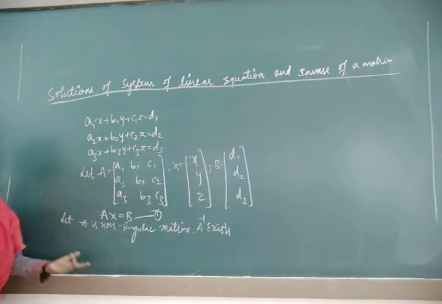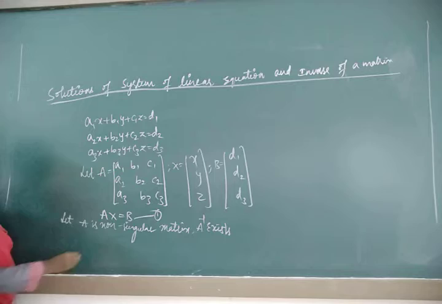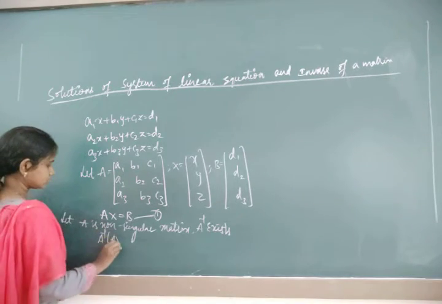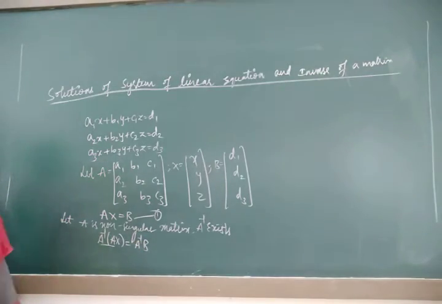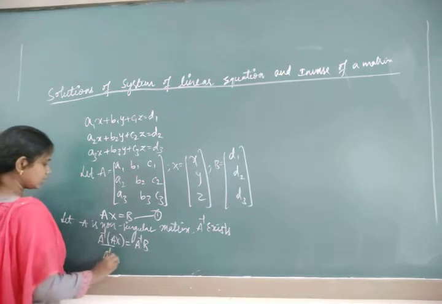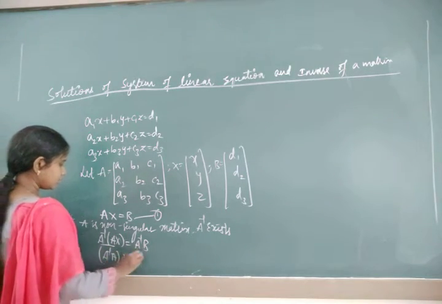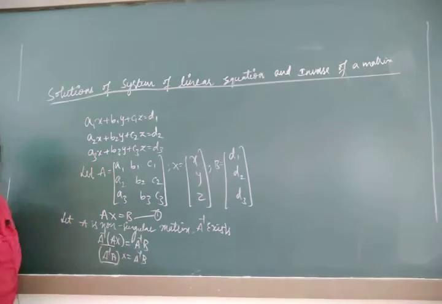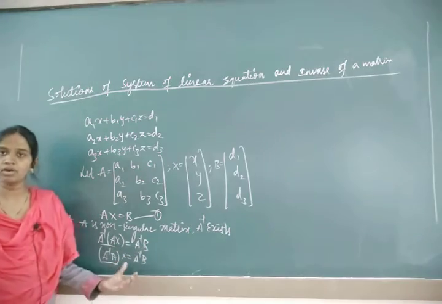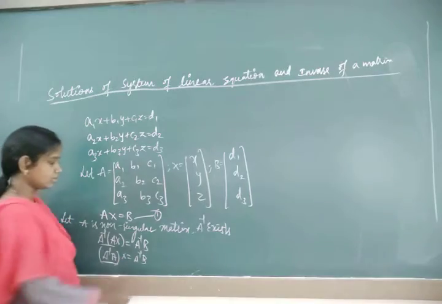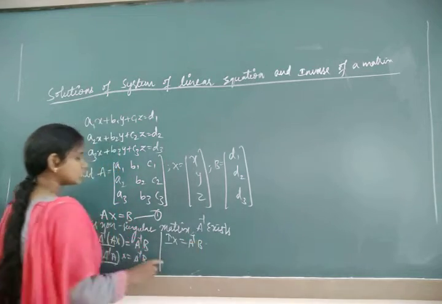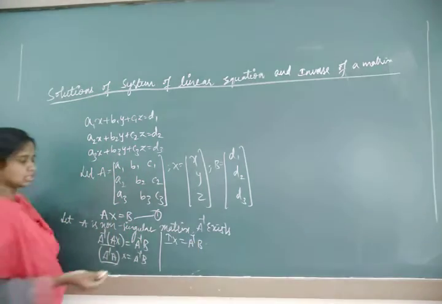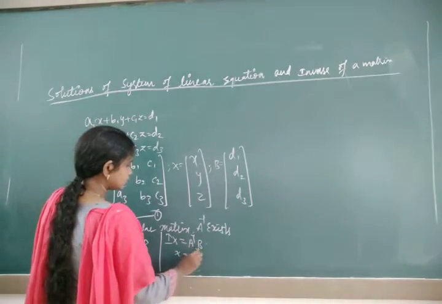So for equation 1, you just multiply by A inverse. So A inverse into A, according to the associative law, you just make a grouping. You are going to get A inverse A into X is equal to A inverse B. And what is the value of A inverse A? By the inverse definition, it's the value of I. I X is equal to A inverse into B. What is I X? I means 1, and 1 into X means X itself. X is equal to A inverse into B.